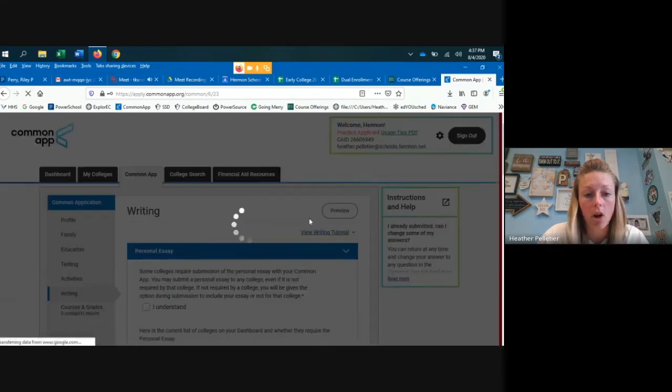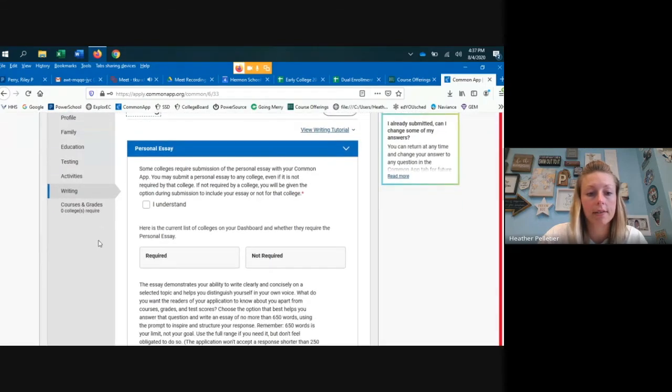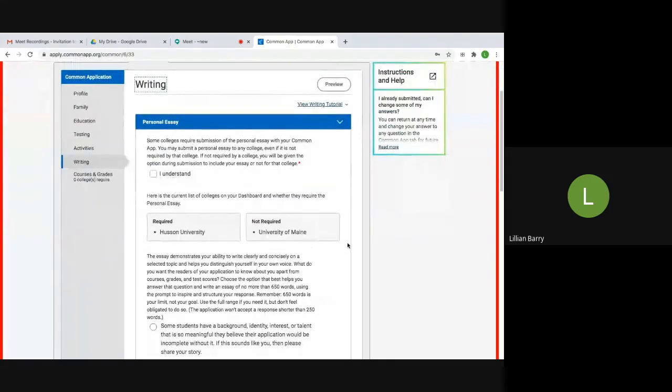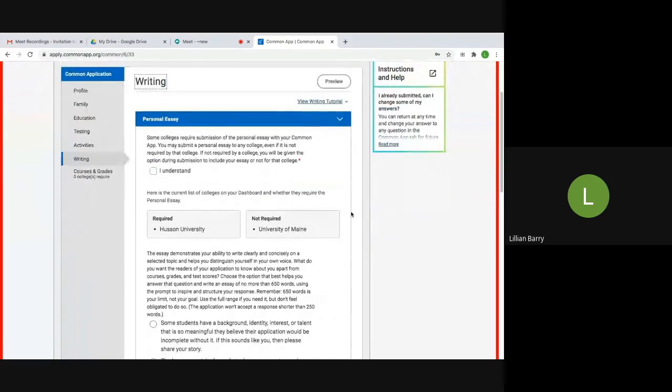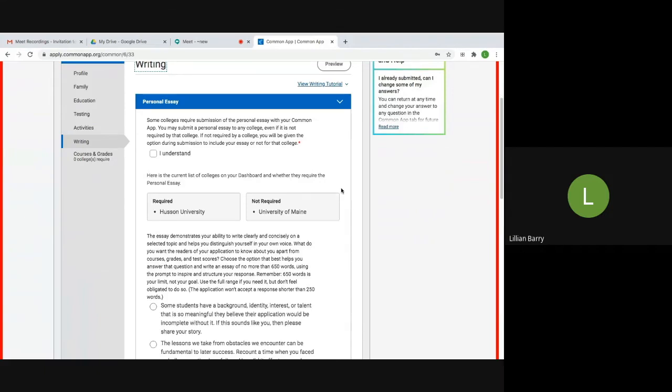The great thing about the Common App is that it really does walk you through the different sections. The next section that I'm going to be talking to you about is writing. Some colleges require submission of a personal essay with your Common App. You may submit a personal essay to any college, even if it is not required by that college. If not required by a college, you will be given the option during submission to include your essay or not